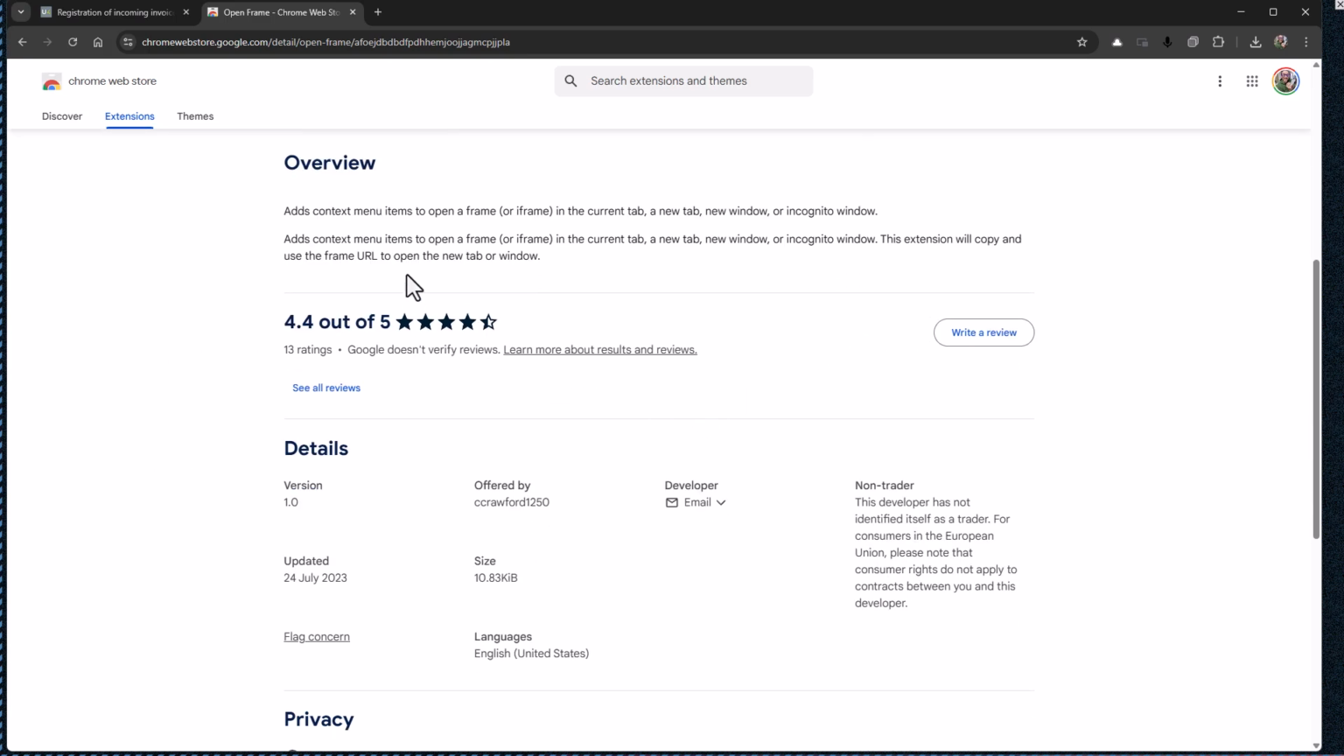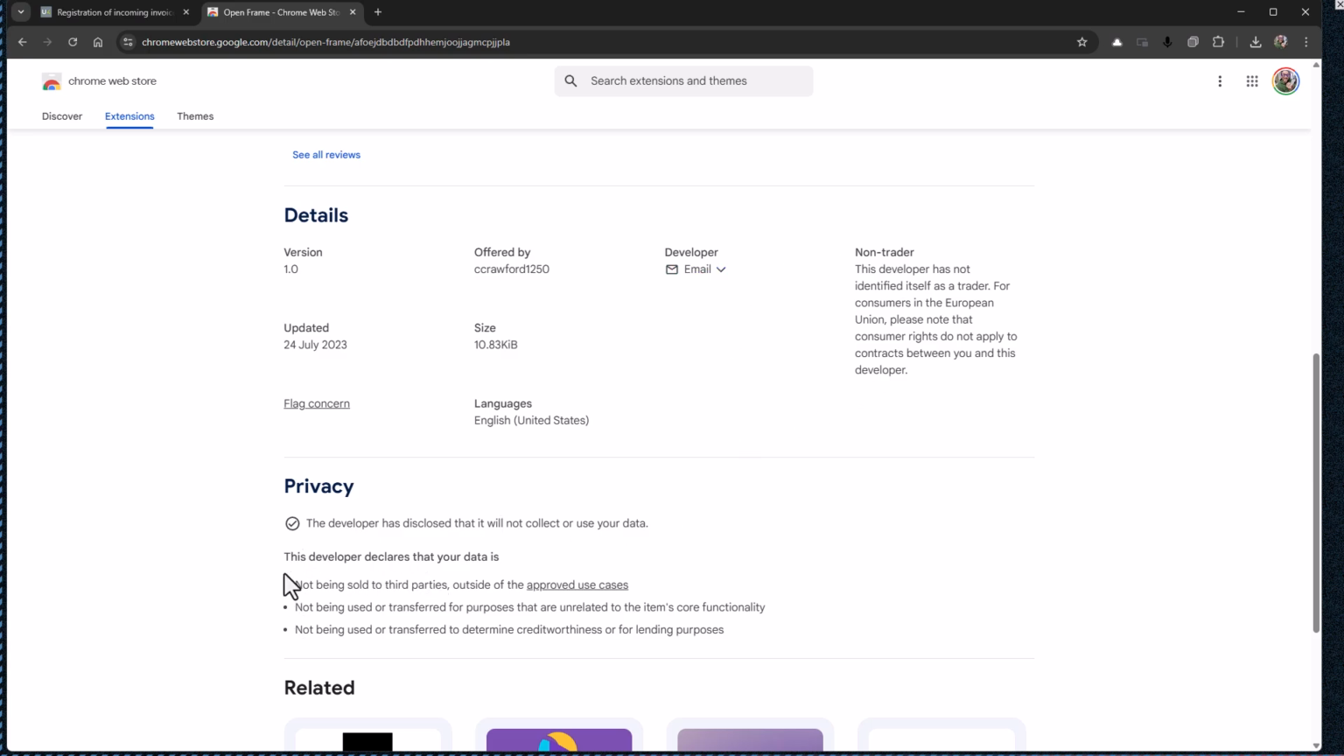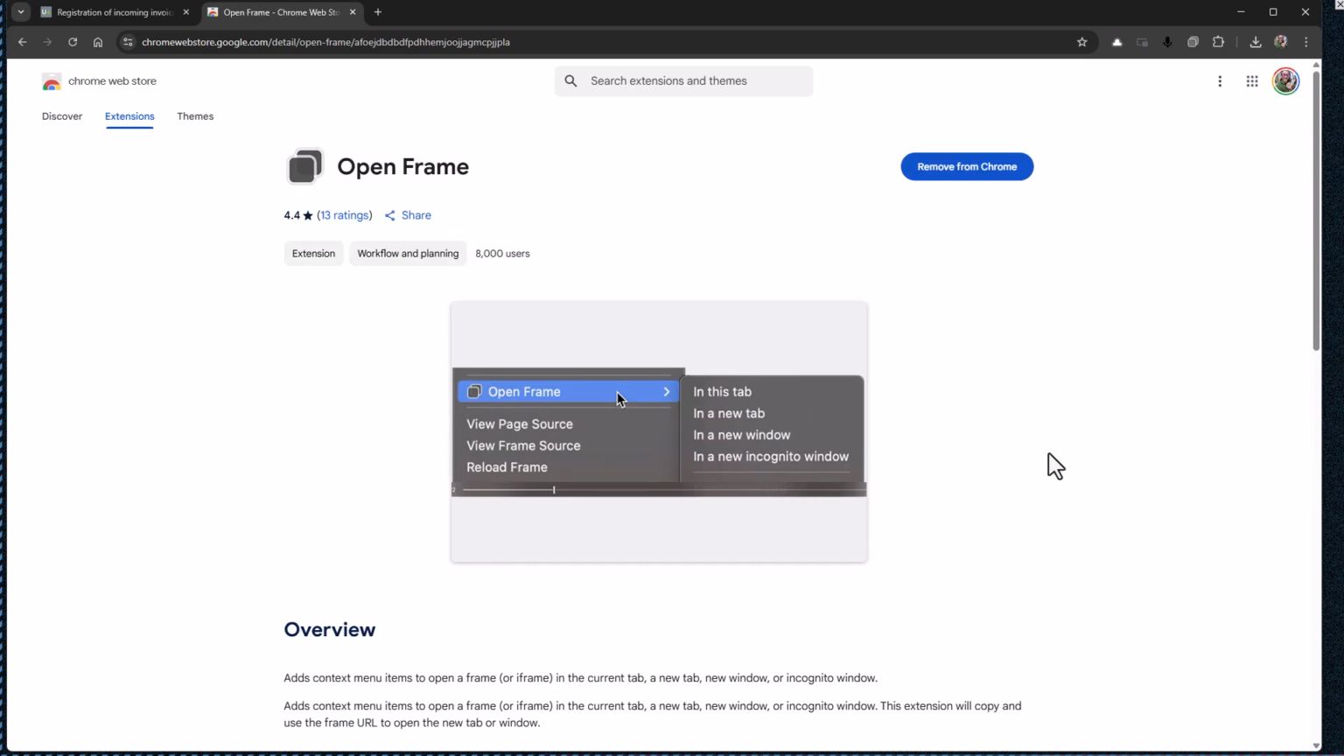The actual application itself doesn't keep any information. No information is being sold, so it's literally just a single function that you can use in the screen. So I've added that as an extension to my Chrome,